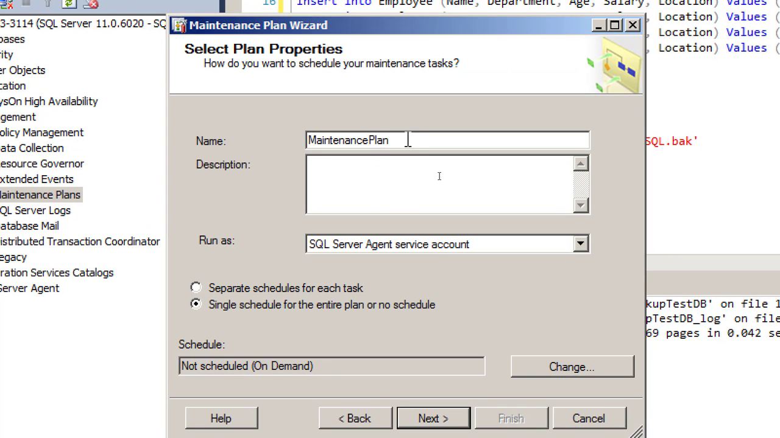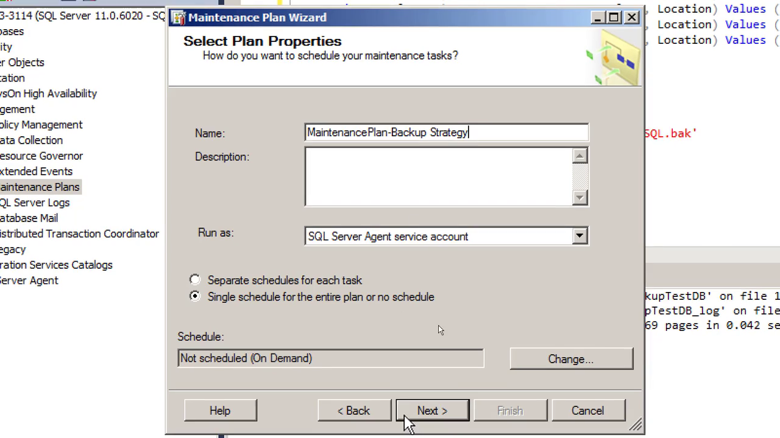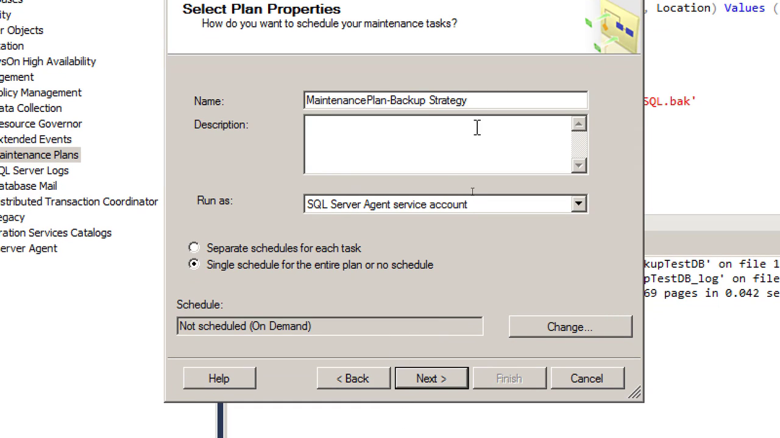now here maintenance plan, and I could just add here backup strategy. So when we make a backup strategy here, maintenance plan, backup strategy, right? So here we can make separate schedules for each task. Like you want to have just a full backup and differential backup as a separate task, and the transaction log backup as a third task. So we could just make that as well,